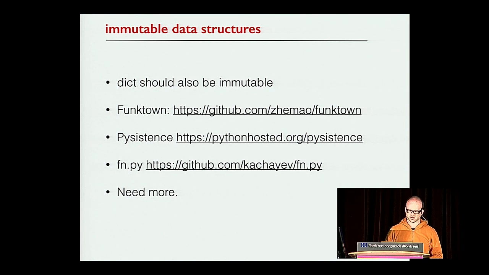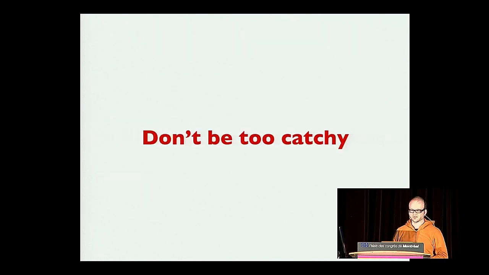So it was about immutability. The other way to make your code reliable is don't be too catchy. Try to fail fast. Do not catch everything. I see a lot of Python code that are trying to catch everything inside